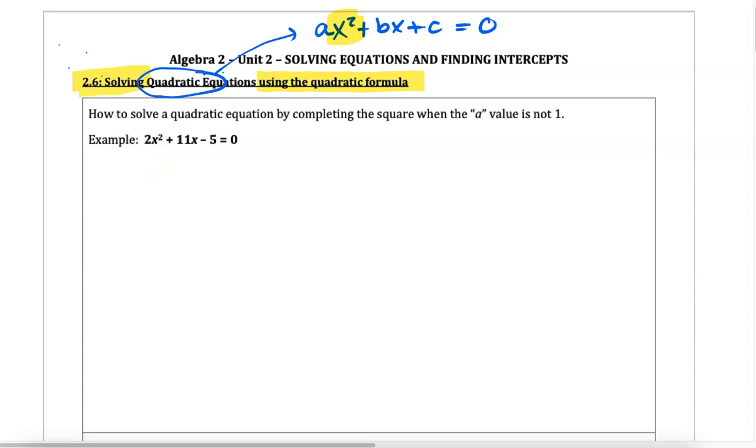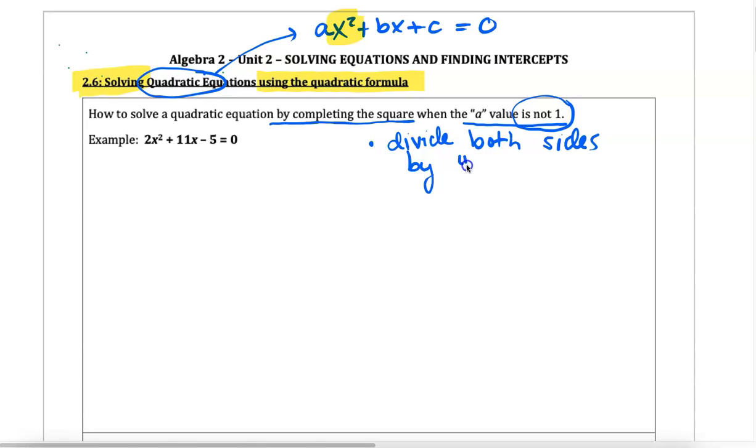Okay, now before we get into the quadratic formula, I'd like to revisit what we learned back in section 2.5 on completing the square. When we learned how to do this, we learned it only when the a value is 1. So there's something that we're going to have to do when the a value is not 1. One additional step that we'll have to do in order to solve by completing the square. And that additional step in this case will be to divide both sides